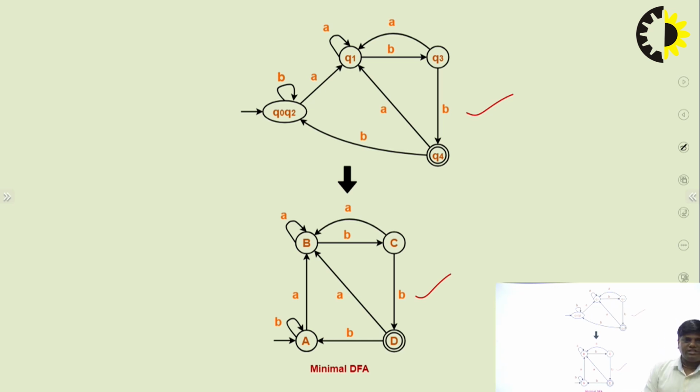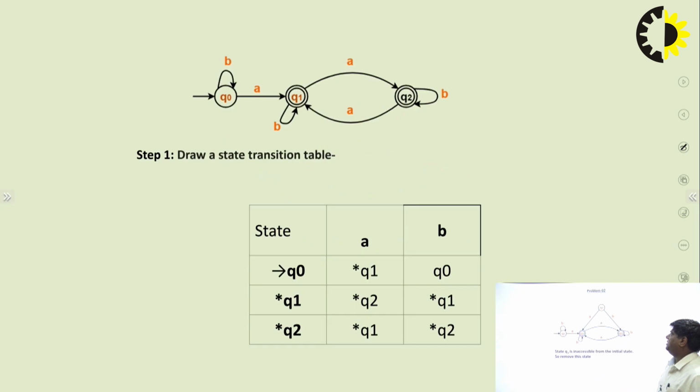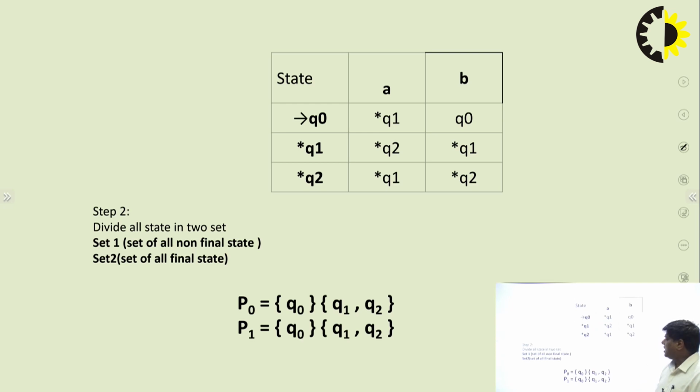For more understanding, we take another example to minimize the DFA. The steps are very clear. The first step, we draw the transition table of the given DFA. Second step, these states are divided into two sets: the set of final states and the set of all non-final states. And